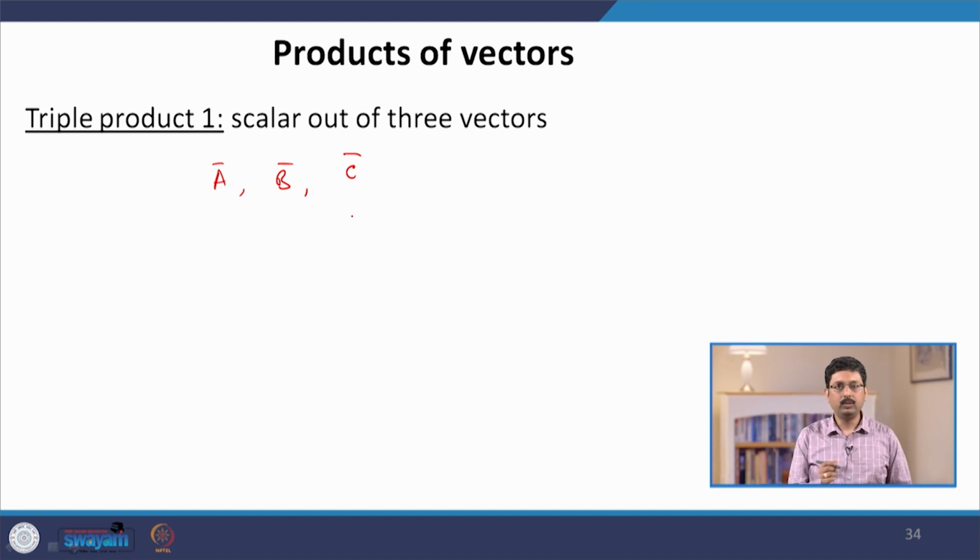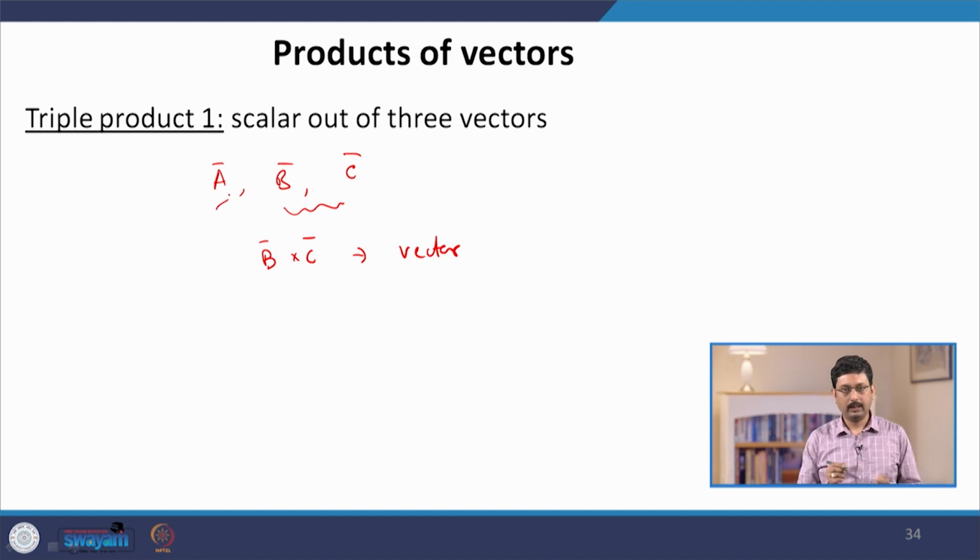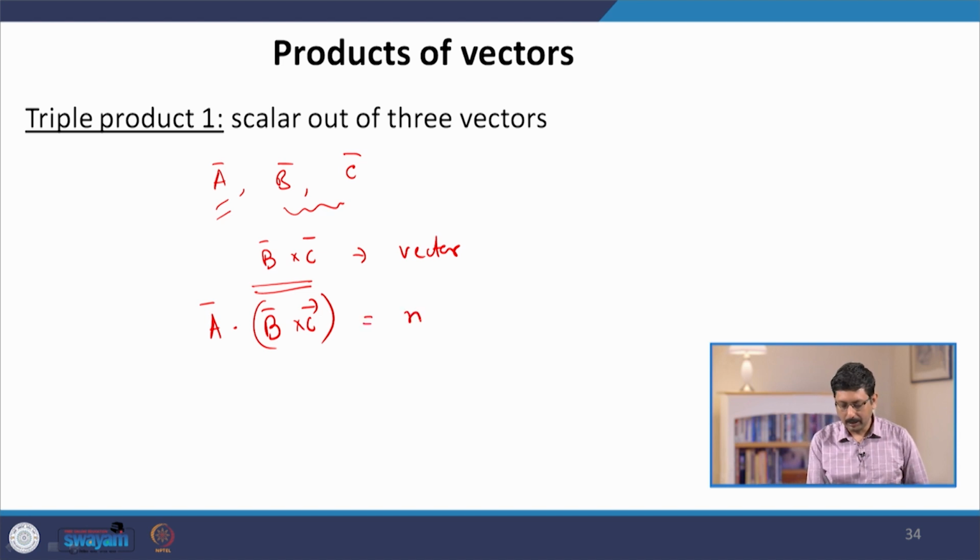How can I combine 2 vectors and make a vector? The answer, as you know now, is to make a cross product. If I take these 2 vectors B and C, then B cross C is another vector, and then A is another vector. So, I can take a dot product between this vector A and this vector B cross C. This is called A dot B cross C. This is a number, because the final operation is a dot product,